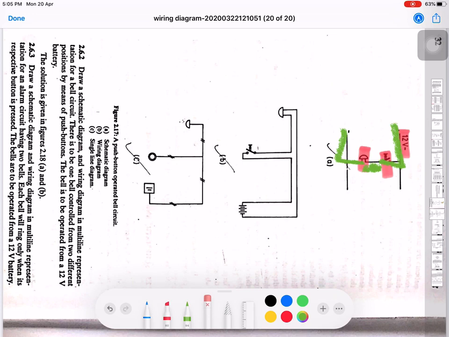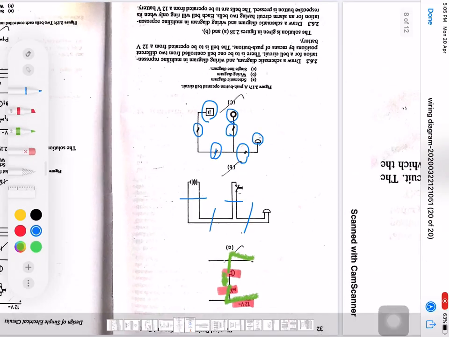C is the single line diagram, and in this diagram, as you can see, this is the bell or buzzer. It's a push button, and this is the representation for a cell or a battery. Two wires are placed over here, so this is crossed twice. These are also two wire systems, so this is crossed twice again. So it's a very clear pictorial representation for a bell that is being operated by a